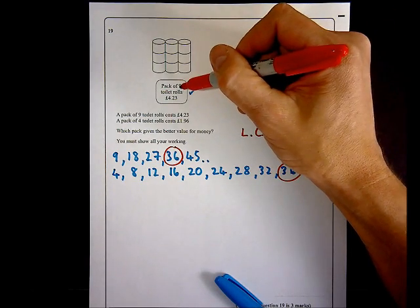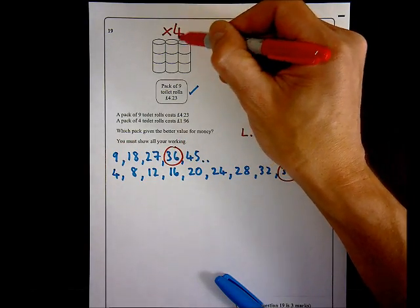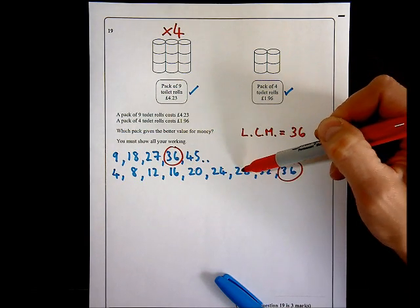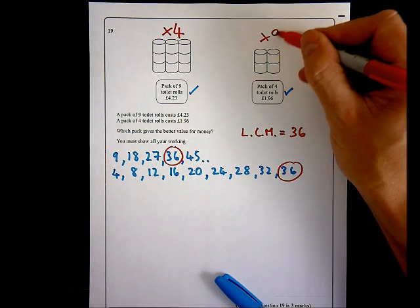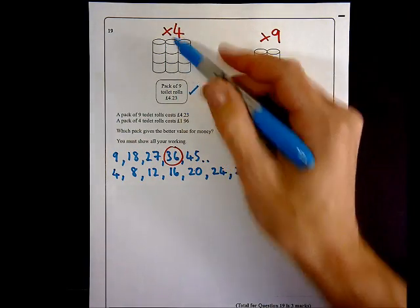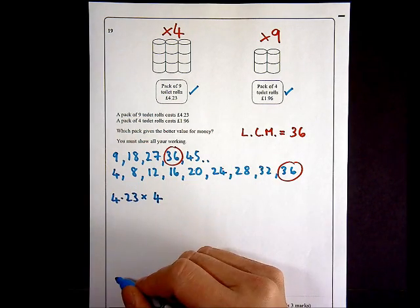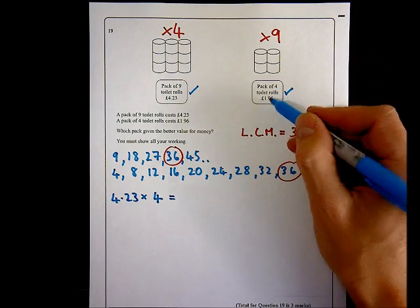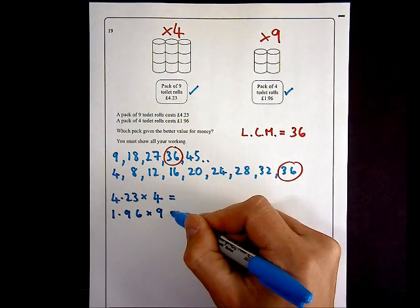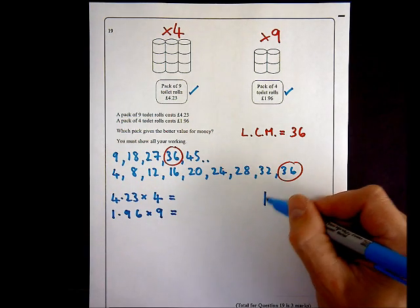So for the pack of 9, I'm going to need 1 lot, 2 lots, 3 lots, 4 lots. So I'm going to need 4 lots of this. And for the pack of 4, I'm going to need 1, 2, 3, 4, 5, 6, 7, 8, 9. So I'm going to need 9 lots here. So I'm going to need to do £4.23 times by 4. And I'm also going to need to do £1.96 times by 9. Now, however you multiply these, you might want to use